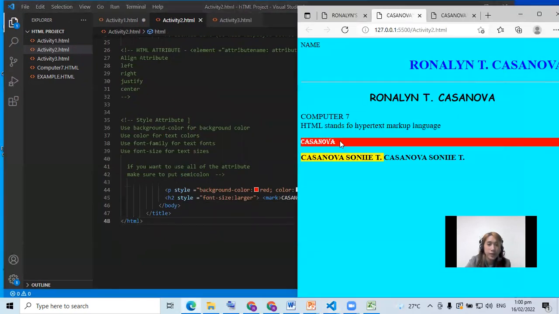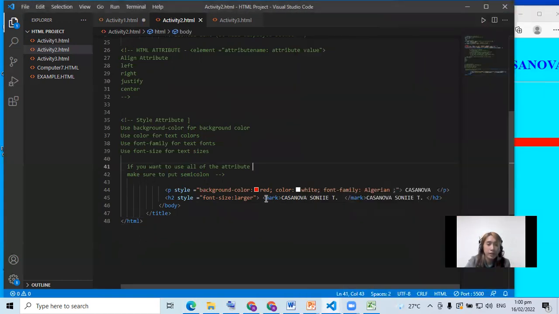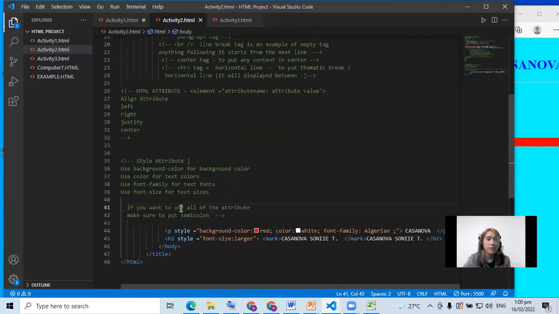So as you can see here, may background color siya which is red. Meron din siyang font color which is white. And then meron din siyang font family which is Algerian. And then this mark tag, I'm going to discuss this one in the activity number 3. Okay? But before that,